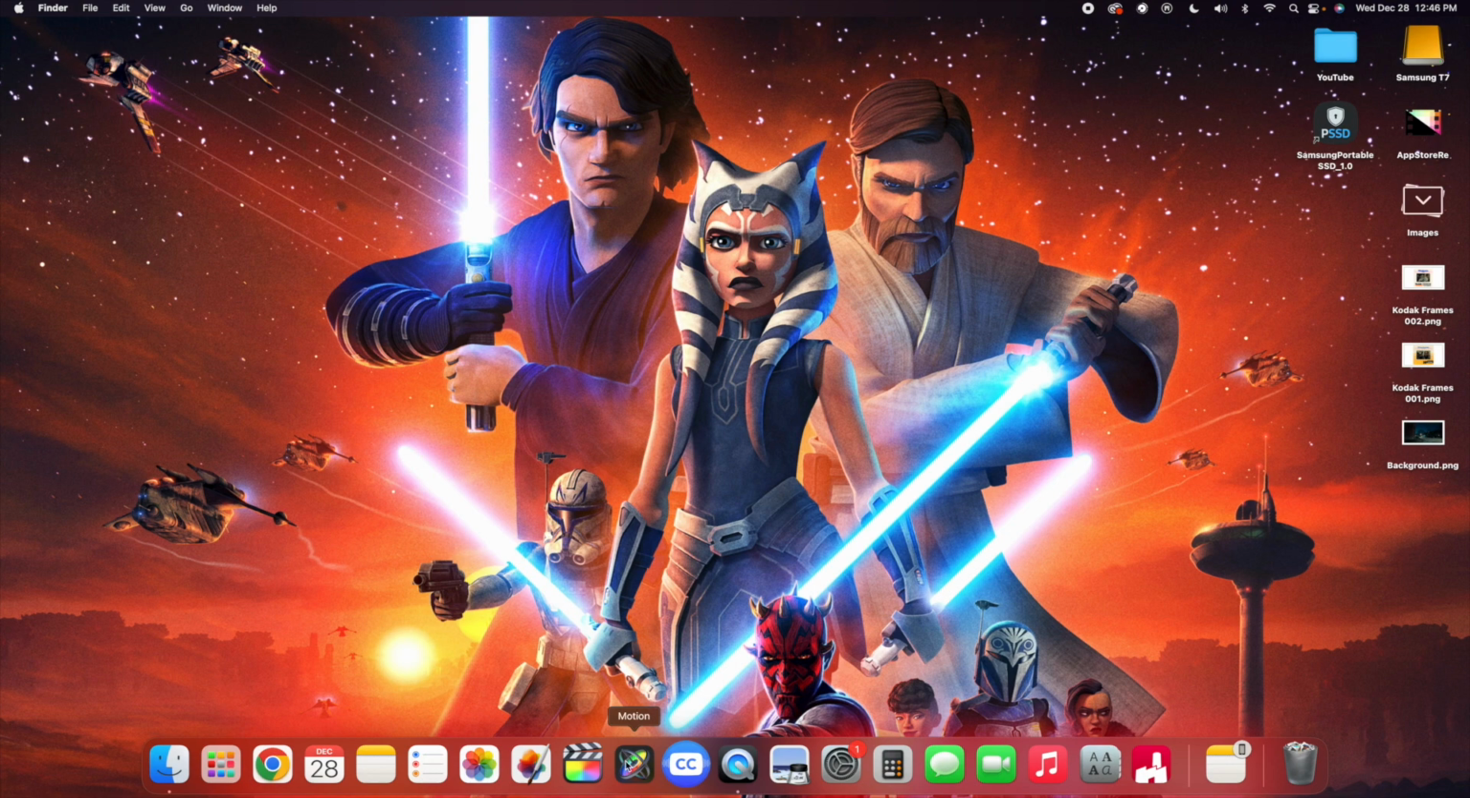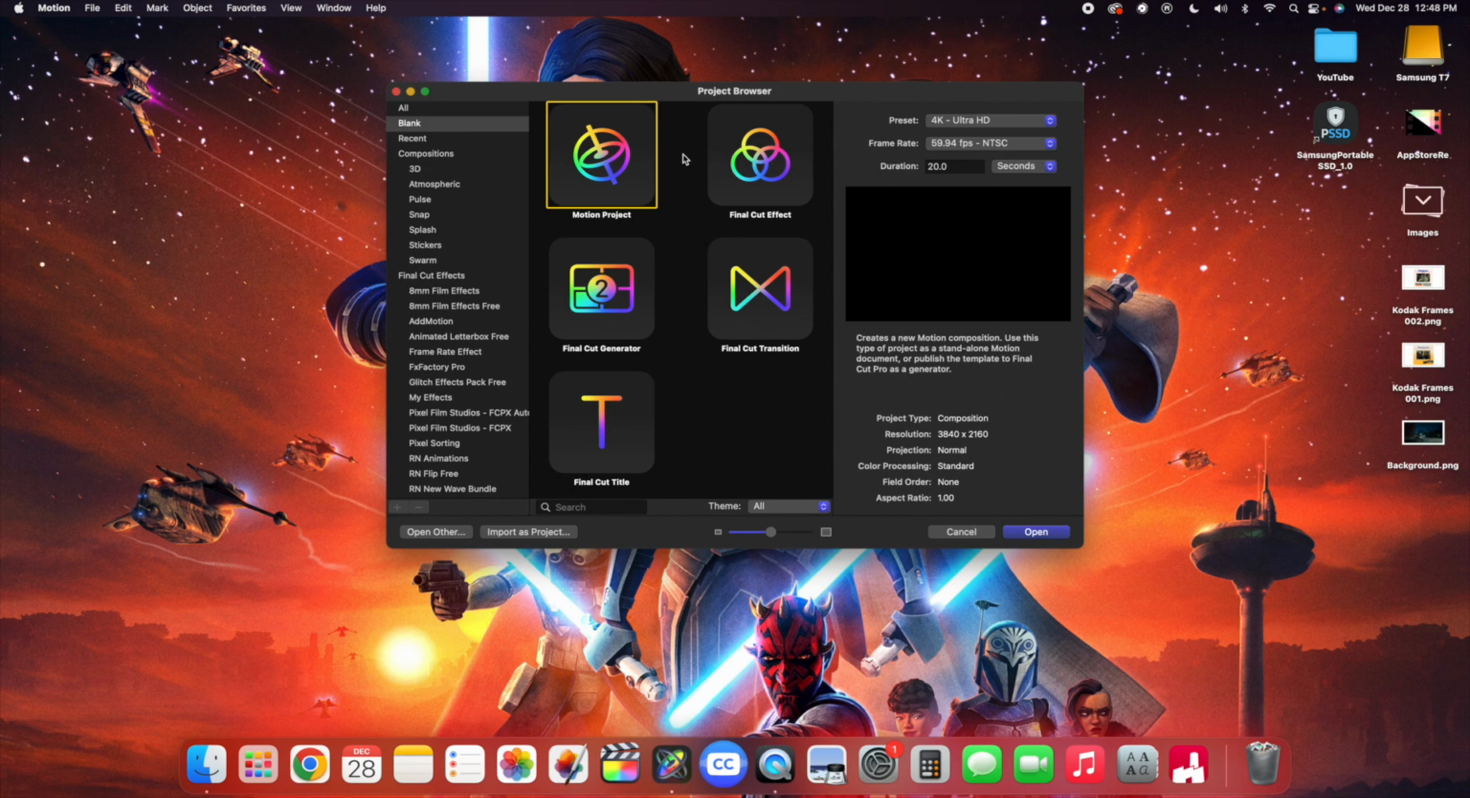So what you would do is head over here to Apple Motion and just click on it and wait for it to load. It can sometimes take a minute or two to load up Apple Motion, so we're just simply going to wait until Apple Motion is all loaded up. So once you have Apple Motion's project browser open, we're going to select Motion Project. Now head over here to preset. In this case, we'll leave it at 4K Ultra HD. You can of course change it to your liking. The frame rate, we're going to change it to